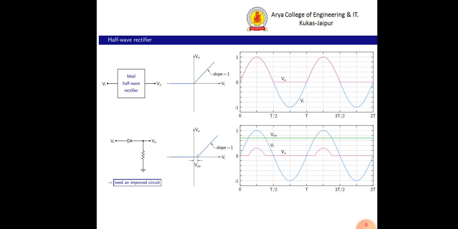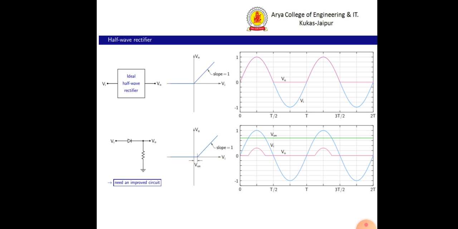Here the blue sinusoidal is representing the input wave and the waveform in red is representing the output of an ideal half wave rectifier. This is only possible if the diode used for the rectifier is an ideal diode which has no threshold voltage and starts conducting when you apply the input. That is, for a very small value of input you would have an output, but the circuit is not so.